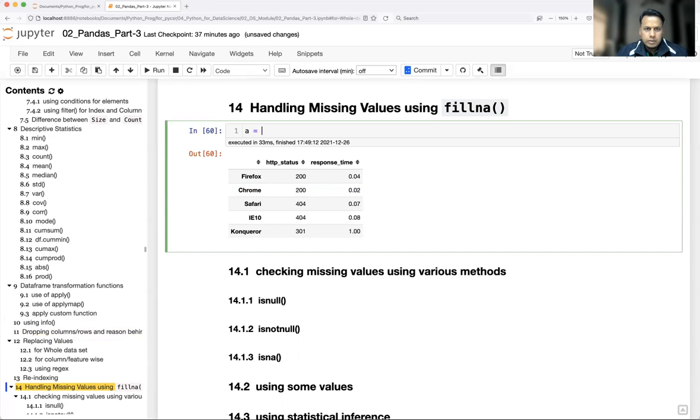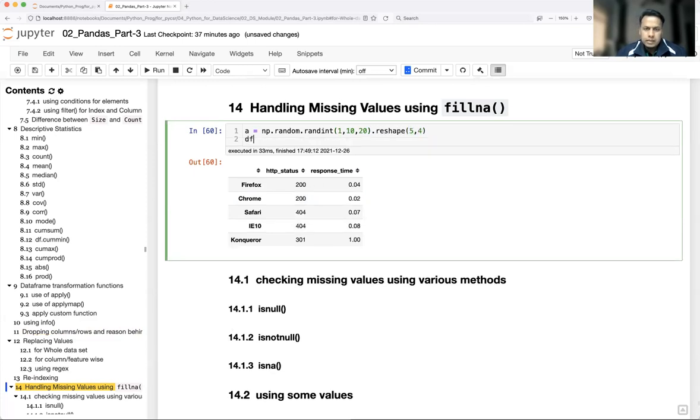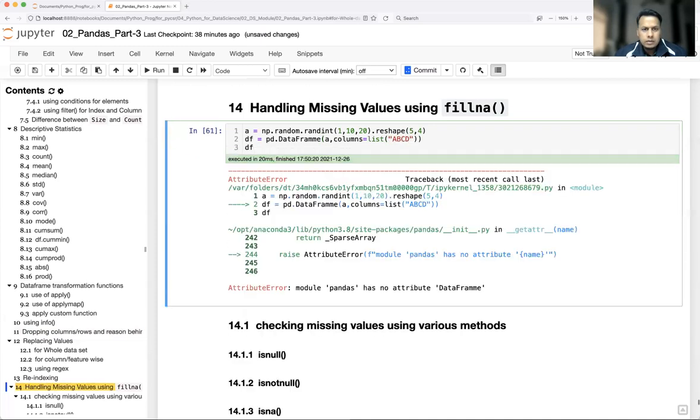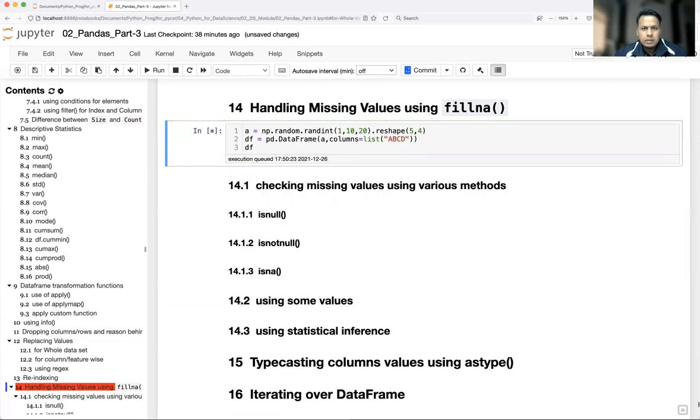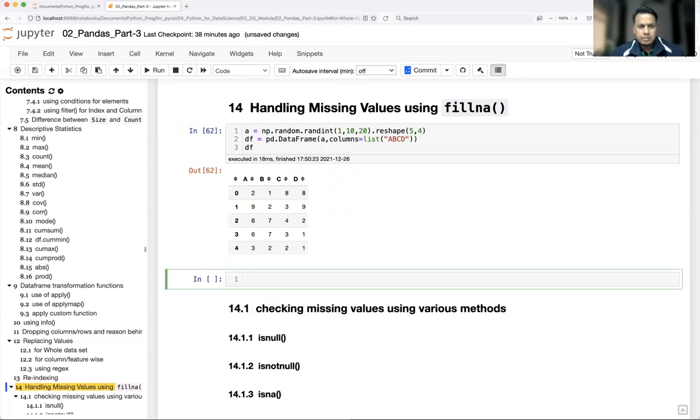So A equal to np dot random dot randint, 1 to 20, 20 values, shaped 5 by 4. df equal to pd dot DataFrame, columns equal to A, B, C, D. Now let's add some missing values here.